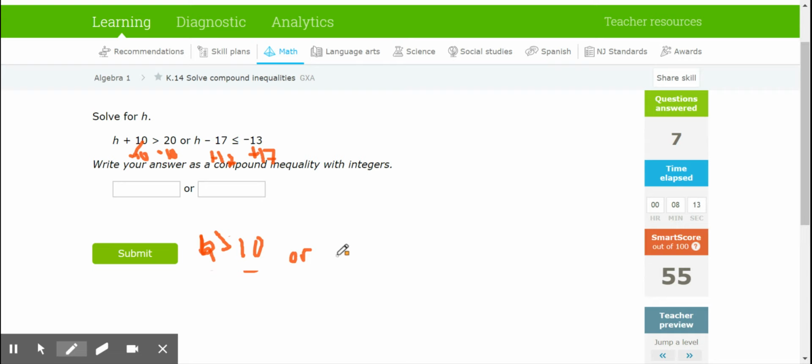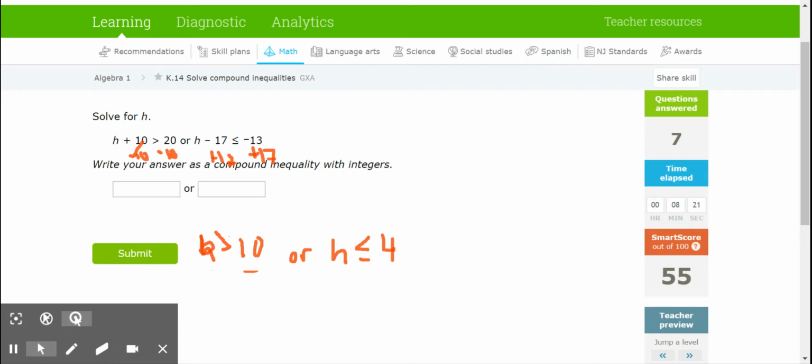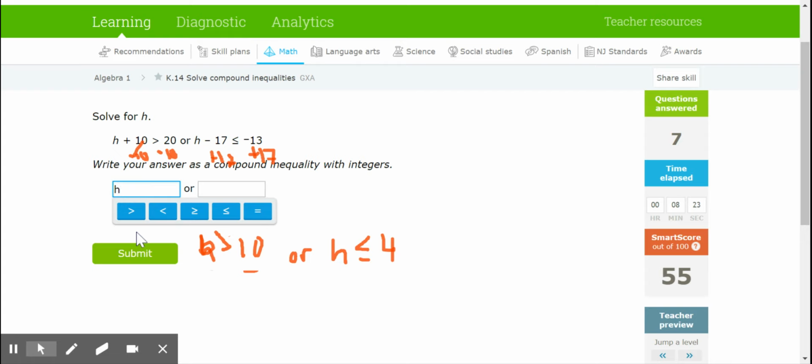Negative 13 plus 17 is going to be 4. So h is greater than 10, or h is less than or equal to